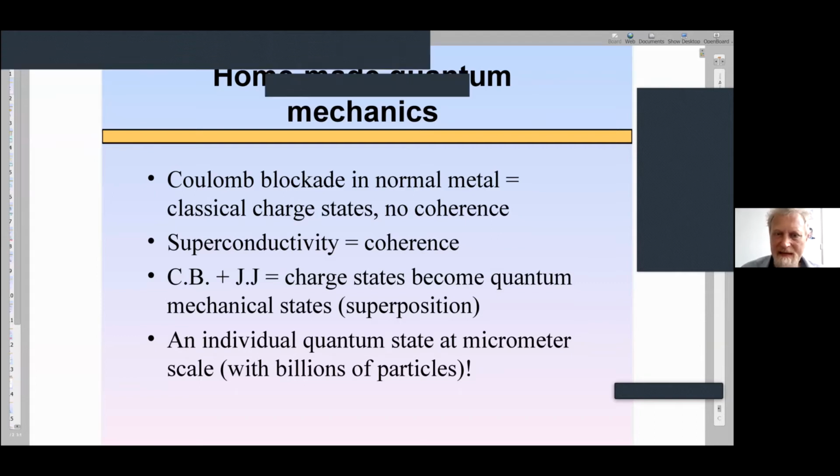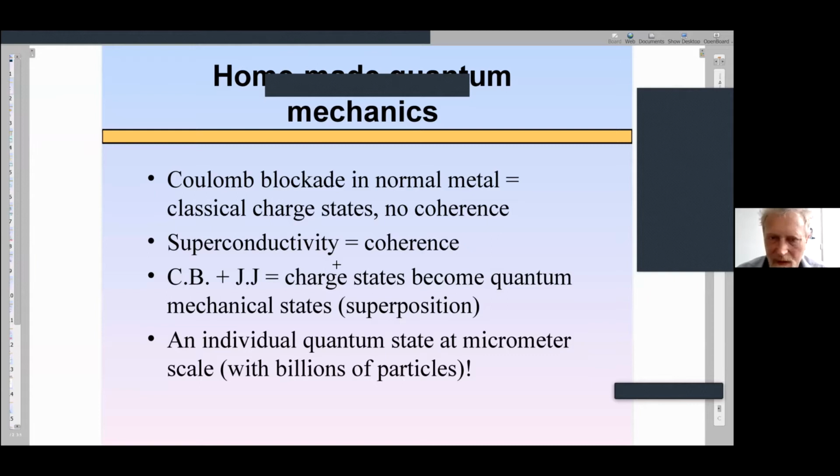And this is superconductivity, this marvelous discovery, unpredicted and unpredictable, which can solve the problem, which brings coherence for us. And if we combine Coulomb blockade and Josephson effect, the charge states really become quantum mechanical states. You can realize superpositions of the states with different charge, which means that one can realize an individual quantum state